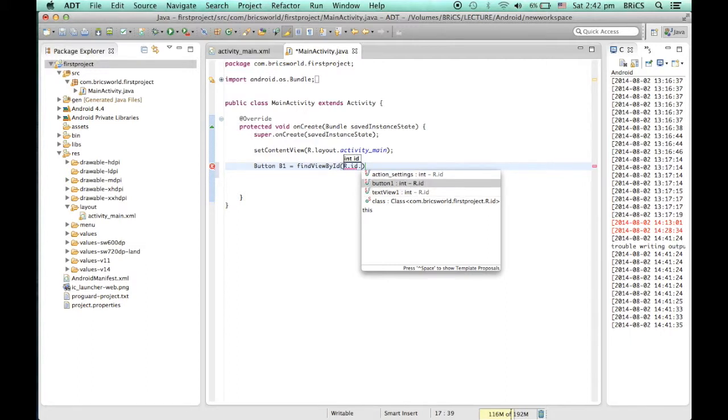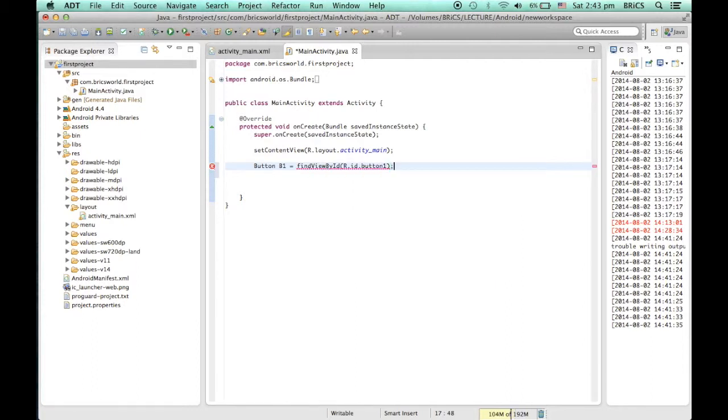The first object was button1, the second was textView1. This is for the button, so I select button1. If you press enter, it will say that this is a View, so you need to cast the type of View to Button. Now the error is gone.